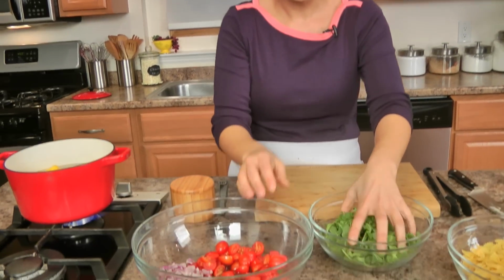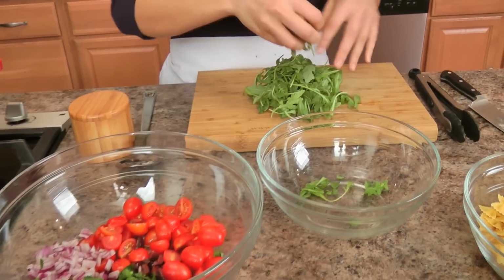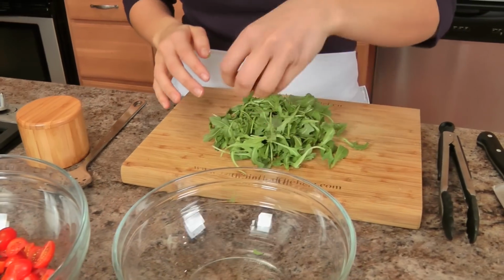It'll take just a few more minutes, and in the meantime, make sure that you get a big pot, fill it with water, a generous sprinkling of salt, and bring that to a boil. While that's coming to a boil and this is coming to a simmer, we are just going to toss together our ingredients, which I already have chopped just to make life a little bit easier. But I am going to take my arugula and give this a fine chop as well,